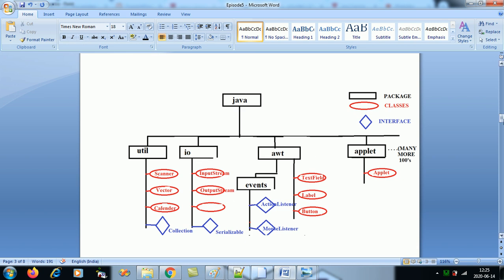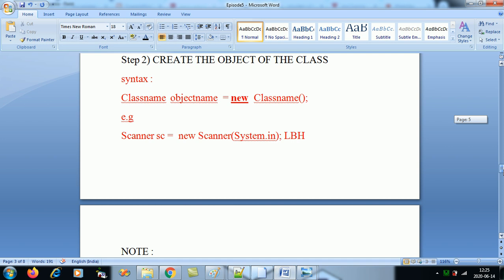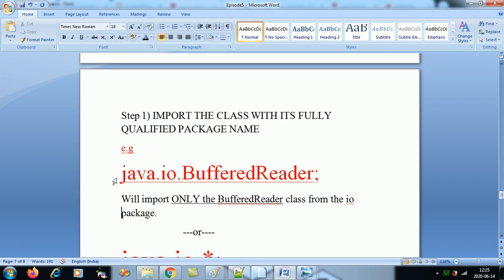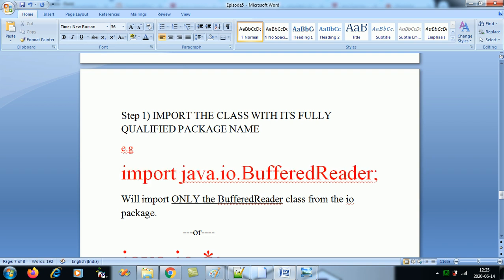java.io. If you wish to import, you have two ways. If you know the class name, you can use the keyword import, then java.io.BufferedReader with a semicolon, with capital B and capital R because it's a class.